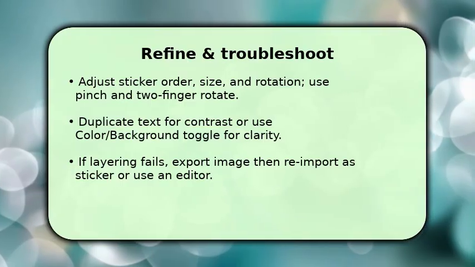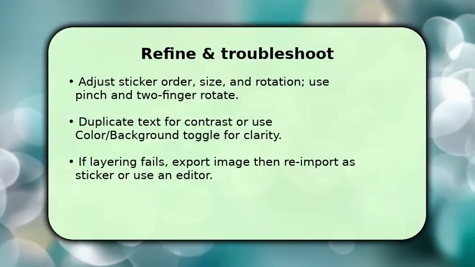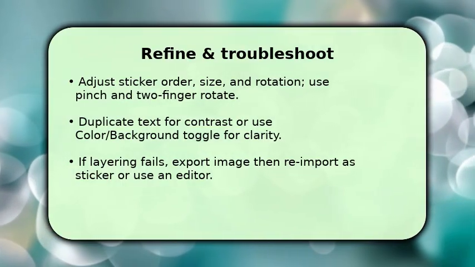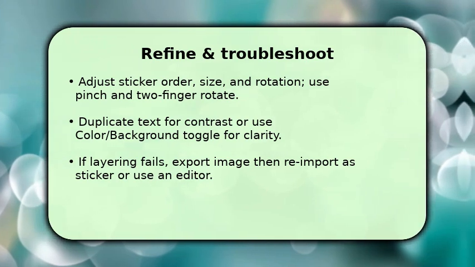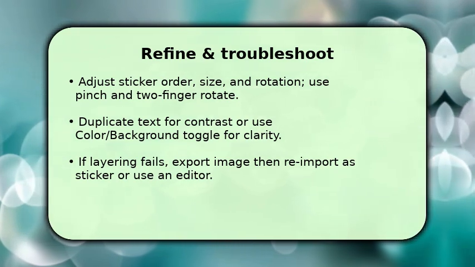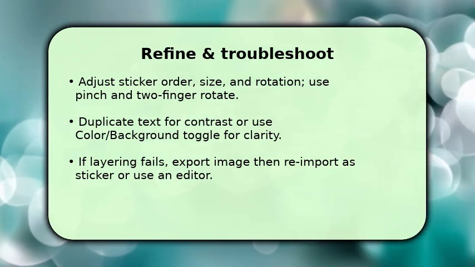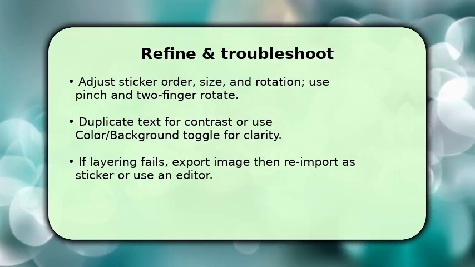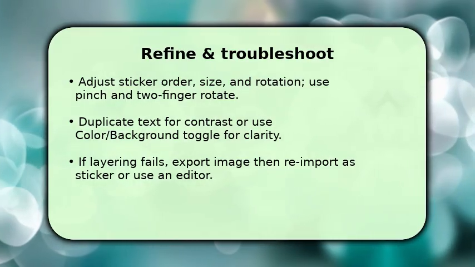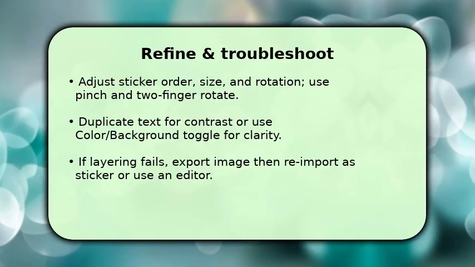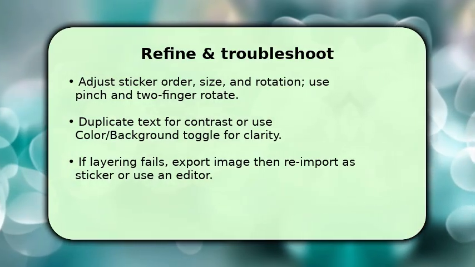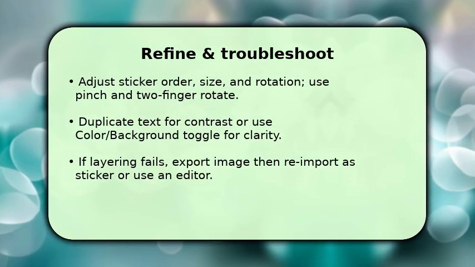Finish by refining edges. Pinch to scale the photo, rotate or nudge it to create the exact overlap you want. Once satisfied, consider duplicating the text and changing its color slightly to create a visible edge where the image overlaps. This helps readability. If Instagram won't let you layer correctly, export the composition as an image and re-import it as